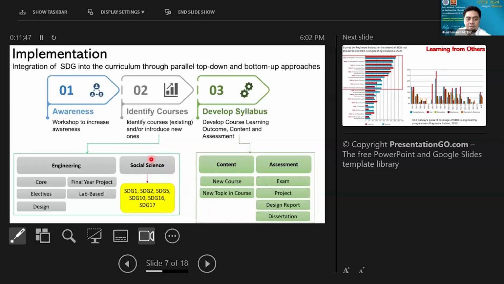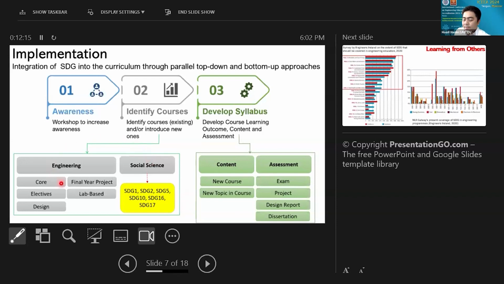It depends on the nature of the subject or courses that they are teaching. Then as head of program, we have to identify the courses, whether it is an existing course, or whether it is worth starting a new course or subject that is suitable to cover some of the elements.